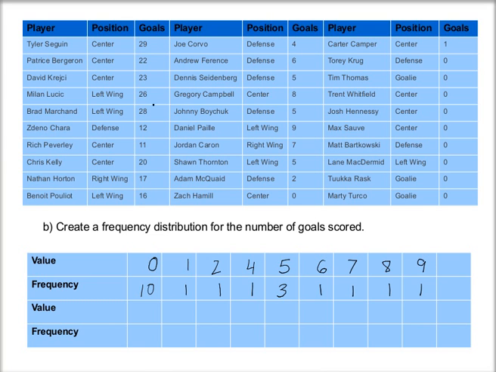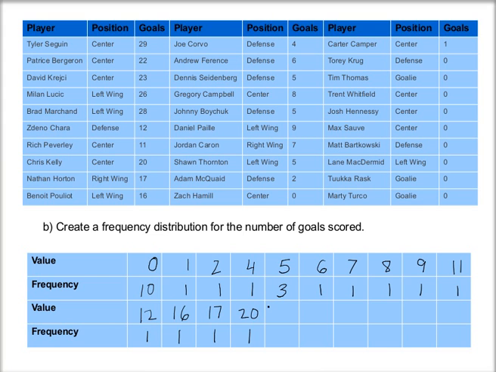I've counted all the values there, so now I just have to look at this first column of goals. And I don't see any 10, so I'm going to skip 10. I do see an 11, so I have one 11, so frequency of 1. I also see a 12, I have one 12, no 13s, no 14s, and no 15s, but I do see a 16, I've got one 16, I see a 17, and there is one 17, no 18s or 19s, there's a 20, I have one 20,